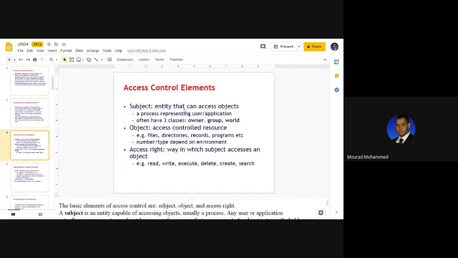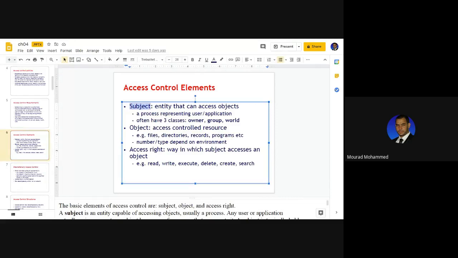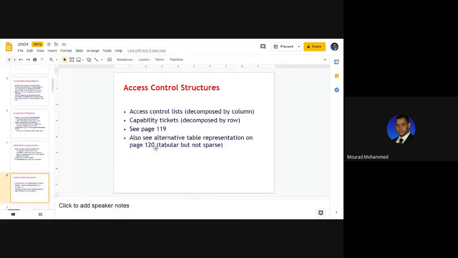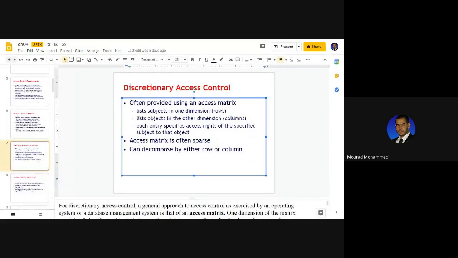Subjects and objects are two of the actors inside the access control image. So the relationship between the subject, the user, and the object, the resource, is drawn through a matrix, which is sparse.